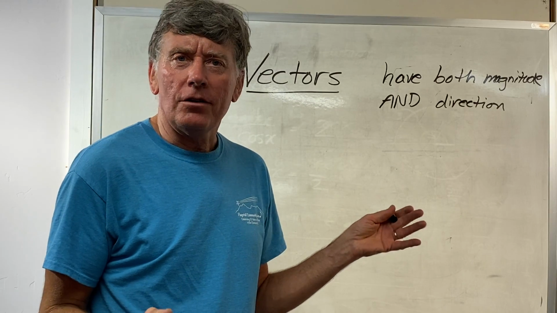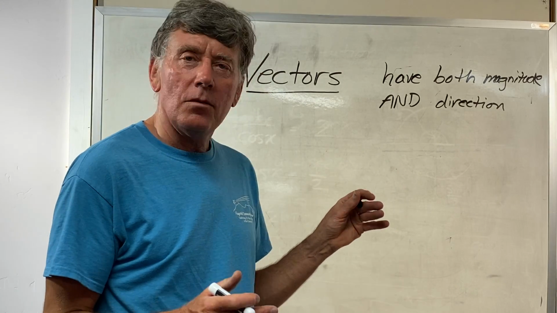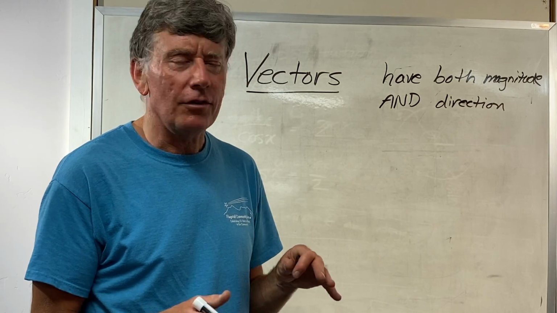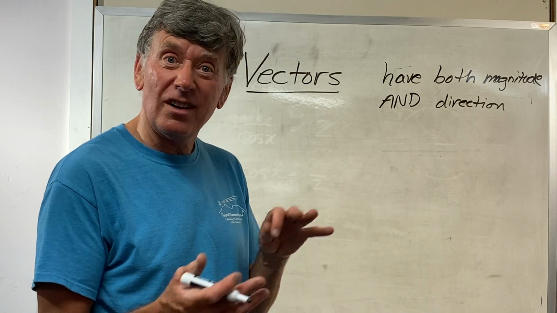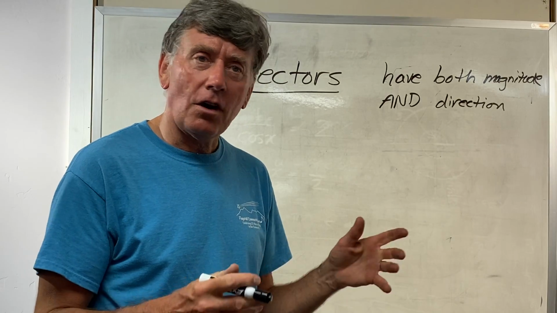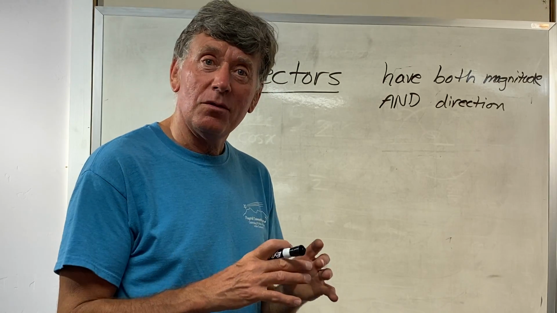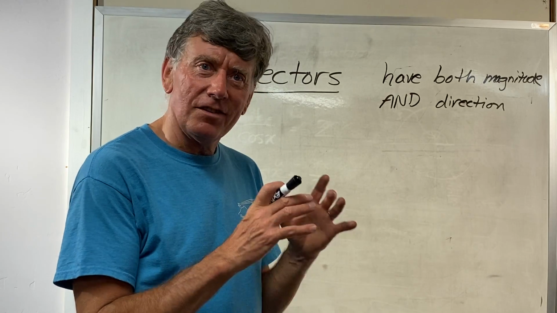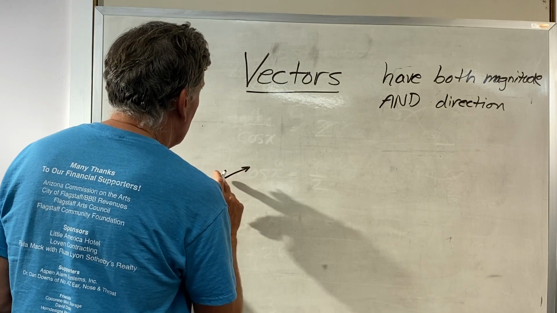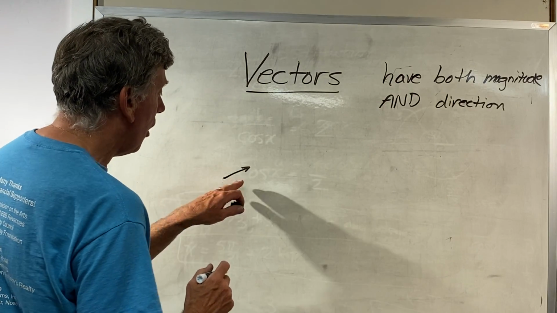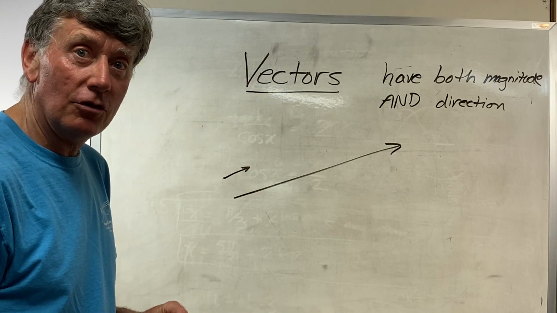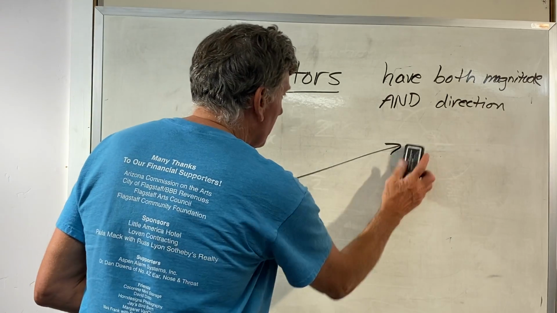Think of stars in the sky. Some have orders of magnitude much greater than others. Those that are closer to us, or those that are bigger, and so the size of the star can be very big or very small, but it doesn't have direction. It's just in the sky. But a vector can have a small magnitude and direction, or it can have a larger magnitude. And the way we determine magnitudes